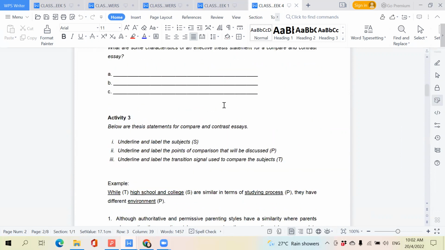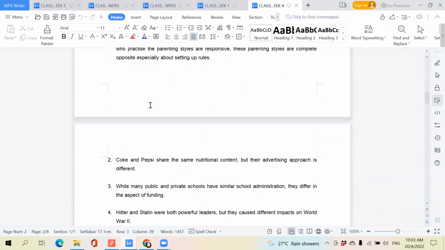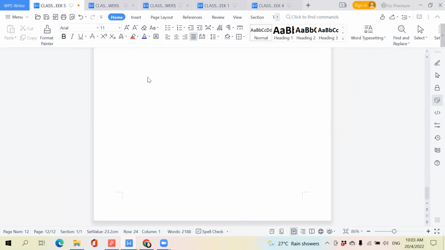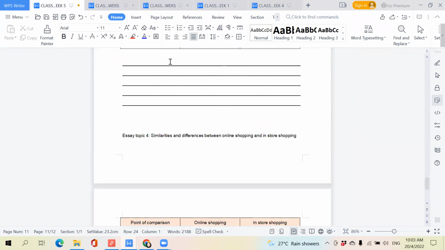So complete activity 3 from class material week 4. The first one has been done for you, so you just have to complete 2, 3, and 4. And then you go over to class material week 5 and complete activity 5, 6, and 9. All of the first questions have been